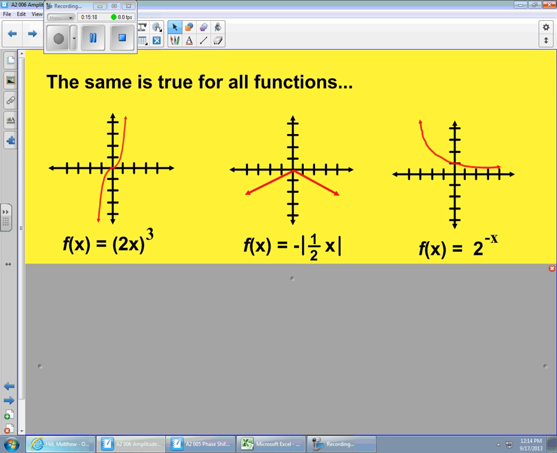Okay, that instead of being on the positive y-axis, it's on the negative y-axis. So we had to change the sign of the entire equation. So that's how come there is a negative sign outside of the absolute value bars. Once 1/2 x comes out of the bars, the negative sign is going to be waiting for it, and that's going to flip the graph over. And we said